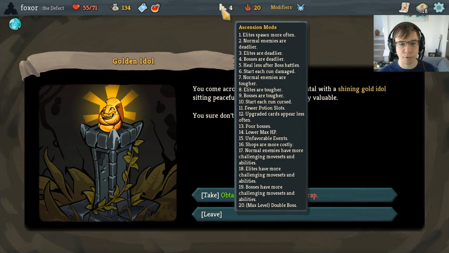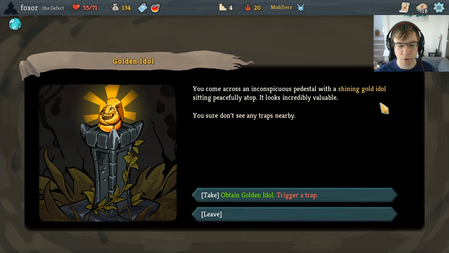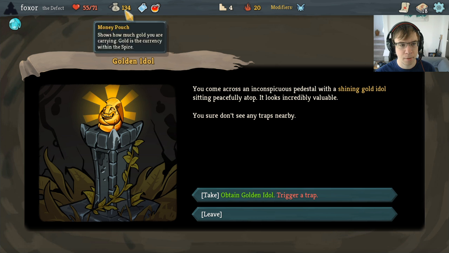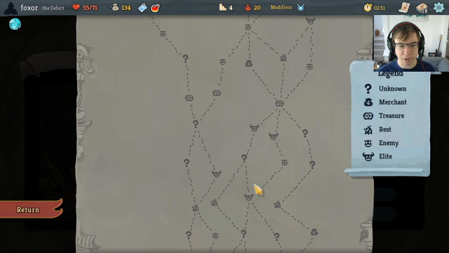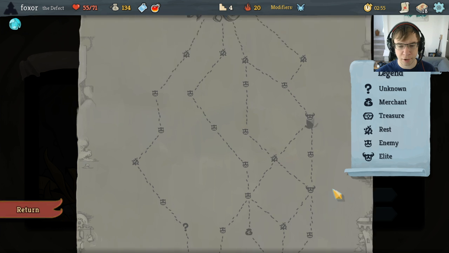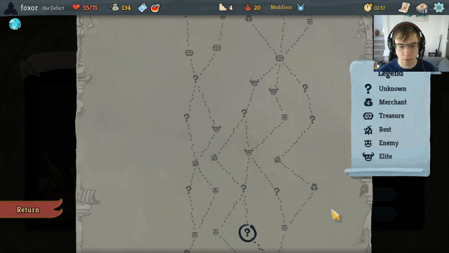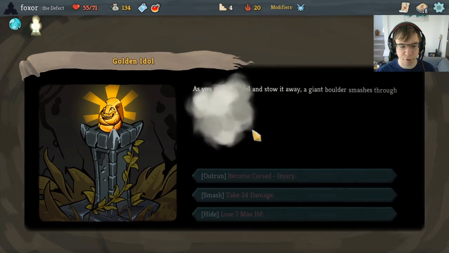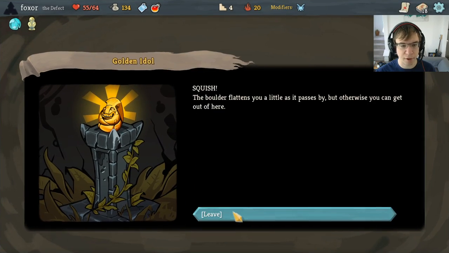Actually, it is floor 4. Maybe we do take the max HP. It's only a little bit. And we are going to a bunch of fires, though. We're going to, like, 3 fires in the act. Yeah, it's greedy, so I'll do it. 7 max HP is a ton, but...